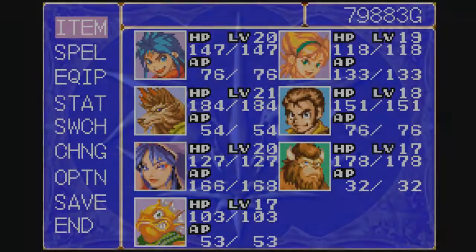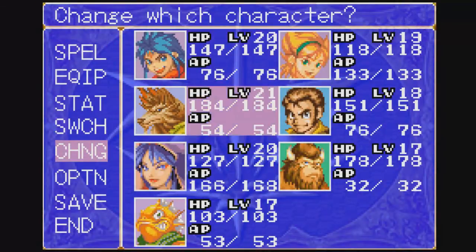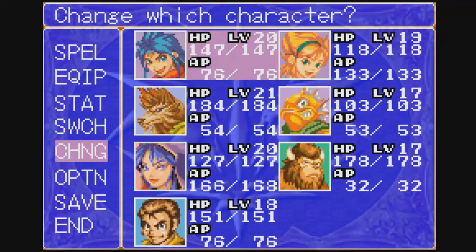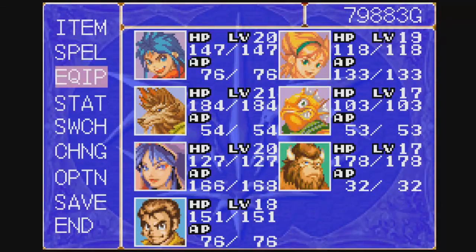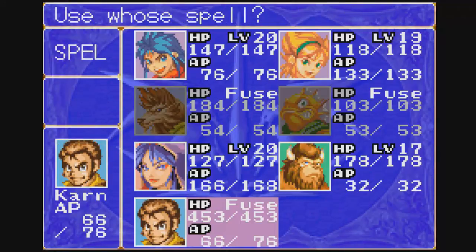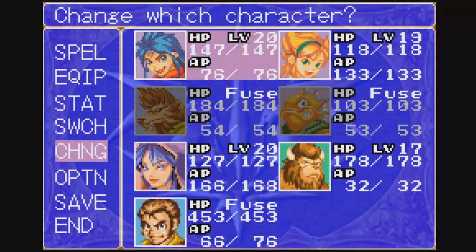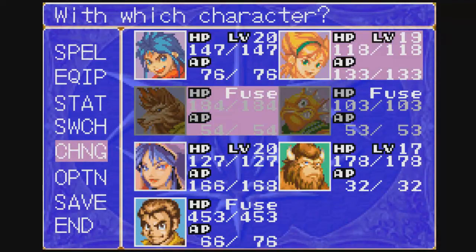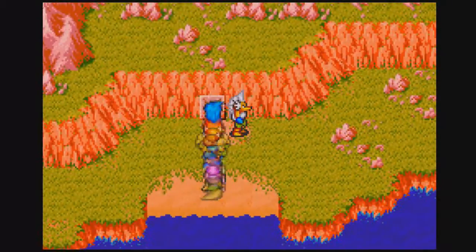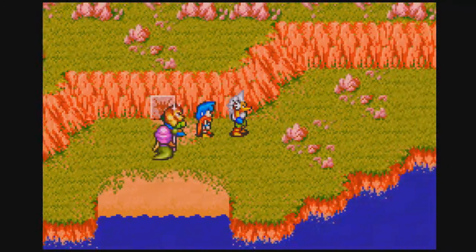Alright, I'm going to take Gobi out now, because we don't need Gobi anymore at the moment. Let's see. Actually, I'll have Karn do a fusion, and then swap out both for Nina. Oh, no. Do Ox. Alright, there we go. Now, from the shoreline, you want to head east